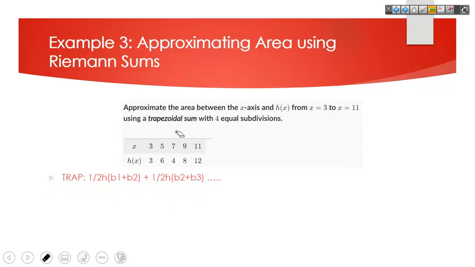So like 1/2 height will be out in front. And then you just have to double all of the inside numbers and add the outside numbers. Remember doing that? Yeah. I think this was from my